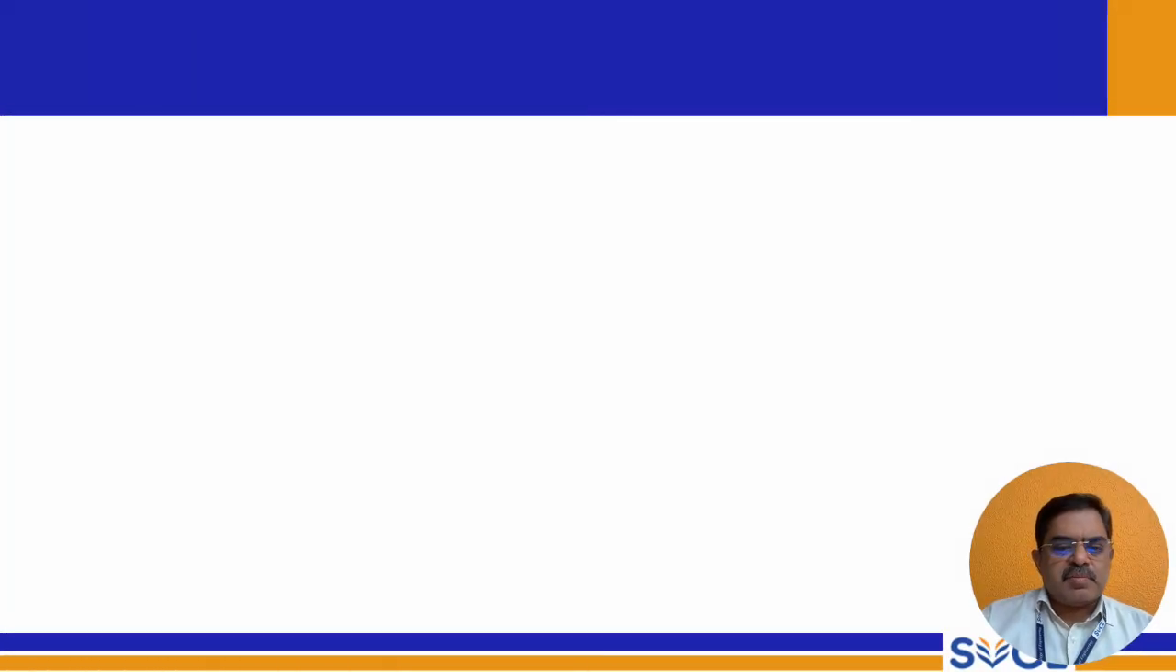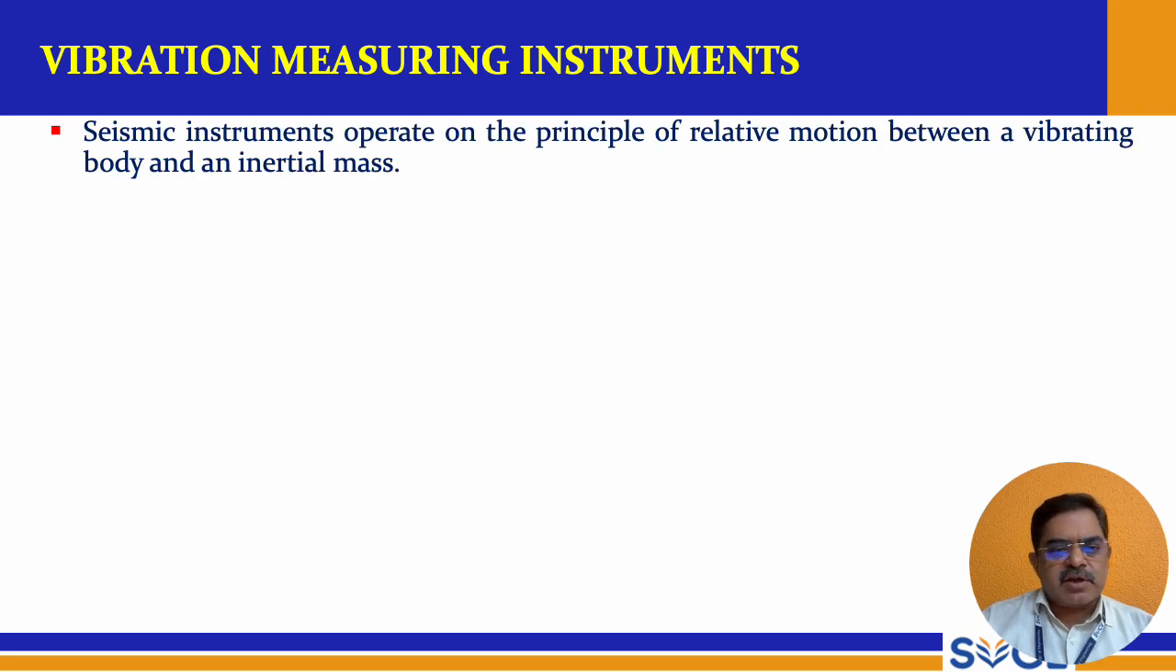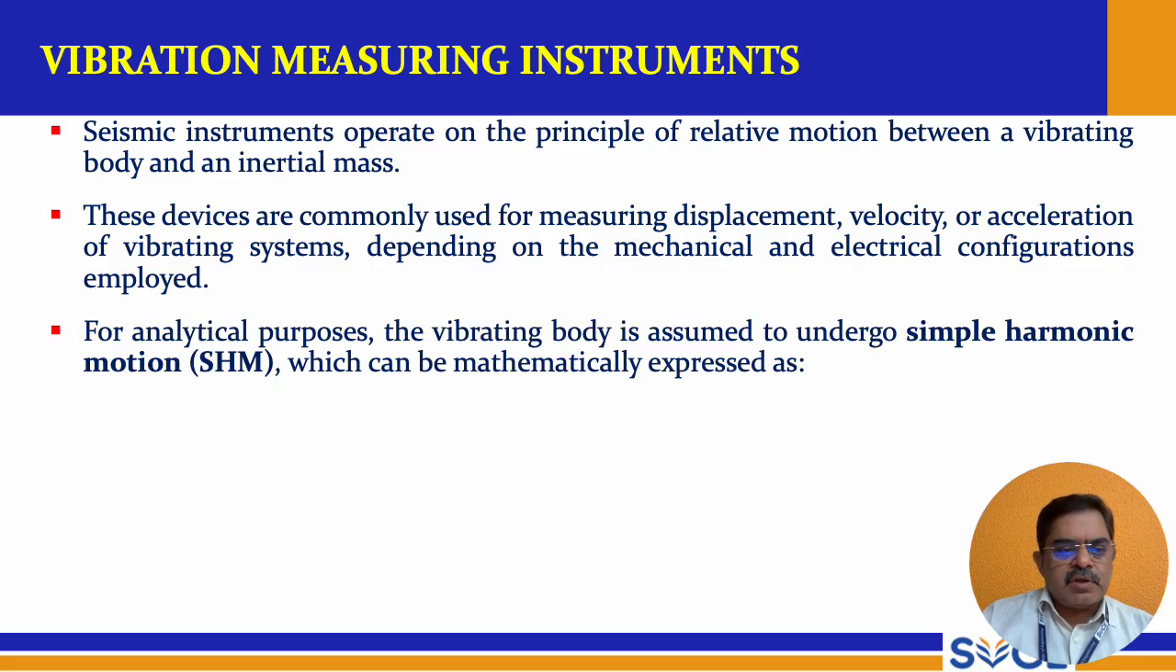So vibration measuring instruments, or seismic instruments, operate on the principle of relative motion between a vibrating body and an inertial mass. These devices are commonly used for measuring displacement, velocity or acceleration of vibrating systems, depending on the mechanical and electrical configurations employed. So for analytical purposes, the vibrating body is assumed to undergo simple harmonic motion, that